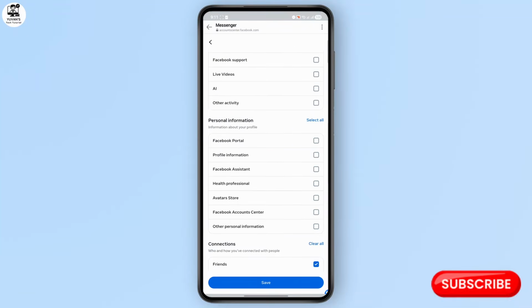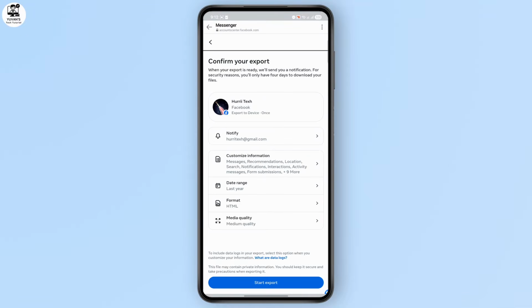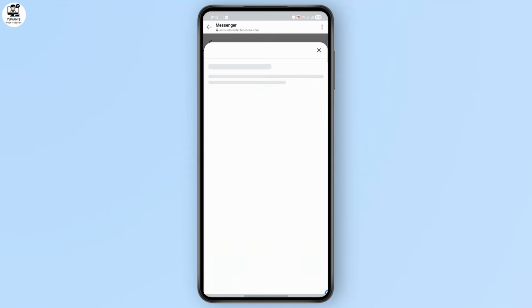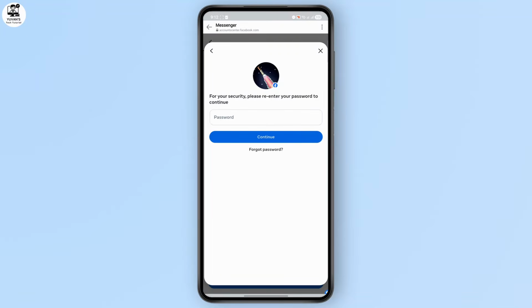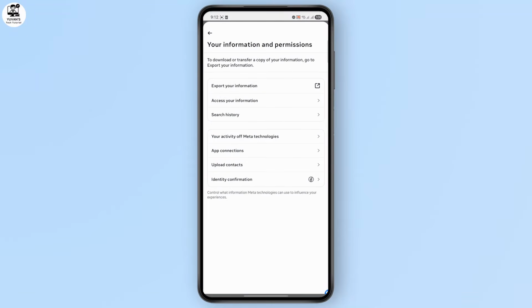After this, make sure to select only Messages to keep the export file small and focused. Deselect everything else. Once completed, tap on Start Export to submit your request and wait for the export to be processed. Finally, once you receive a notification that your export is ready, download the file, open it through your Files